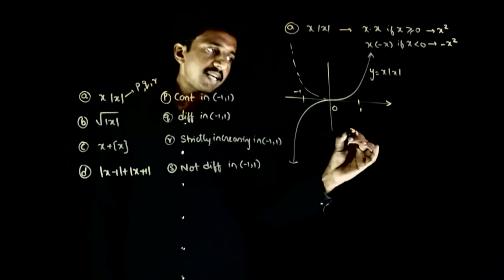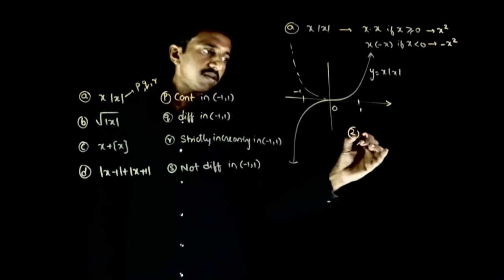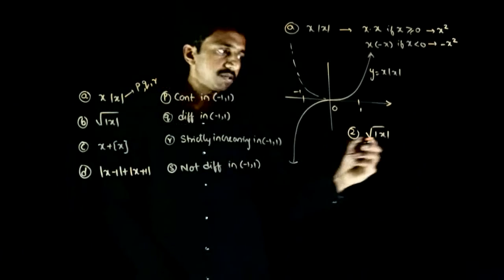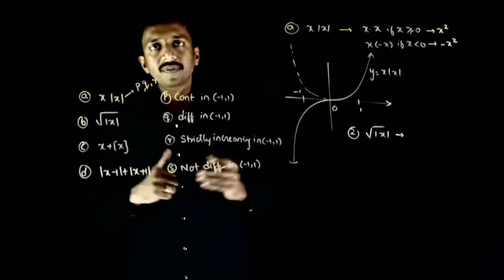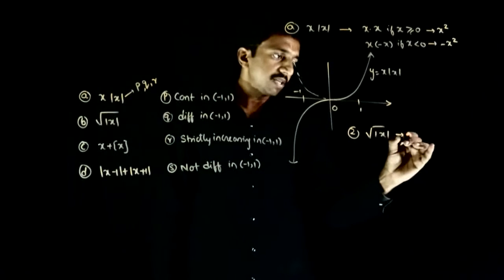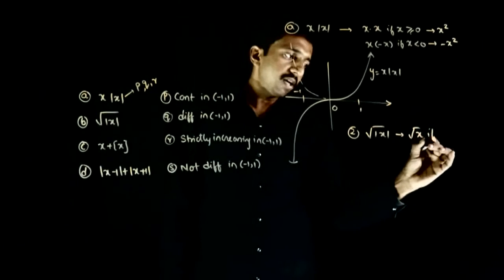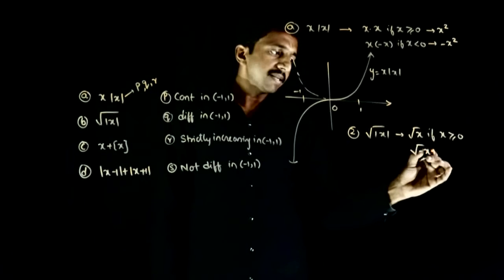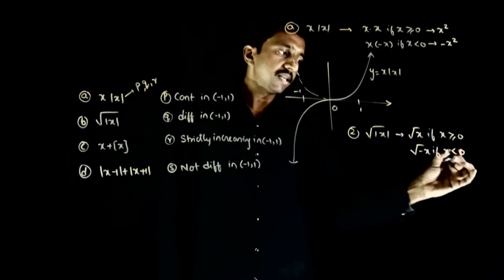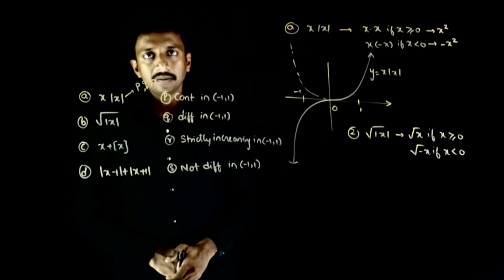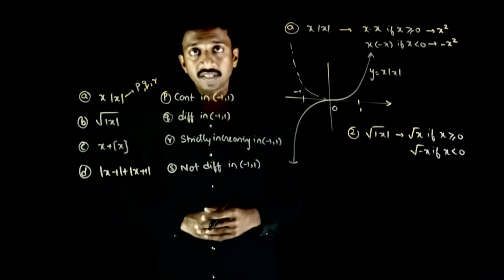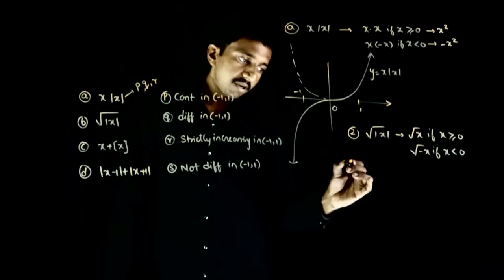So now my second function is square root of mod x. So इस function को आप piecewise separate किया तो this is square root of x if x is greater than or equal to 0, square root of minus x if x is less than 0. So इसका ग्राफ ड्रॉ किया तो